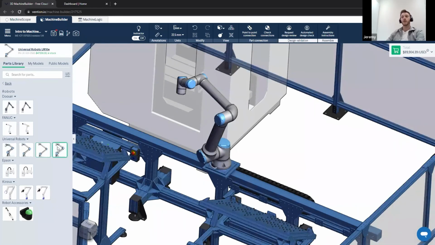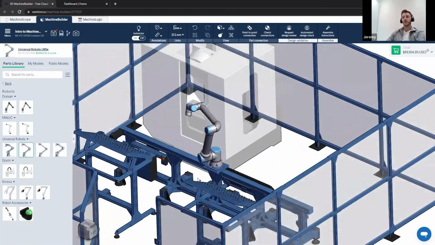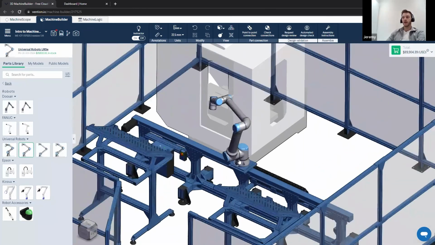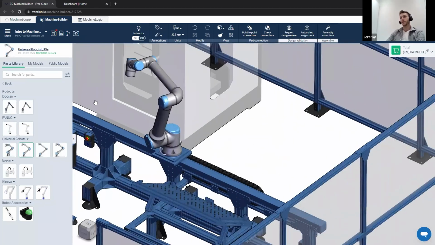And with that, if you see over here, the price did jump substantially. The reason being is Vention actually has the ability to offer the robots directly on our platform. So we're one of the very few companies that is able to offer robots digitally. We include the Doosan H-Series, the FANUC, as well as Universal Robots. So from there, I have the robot attached to my linear actuator, and I need the CNC over here